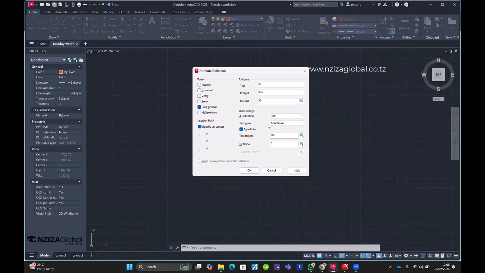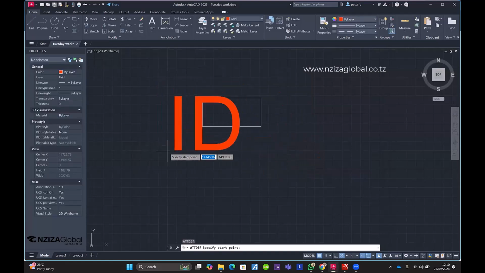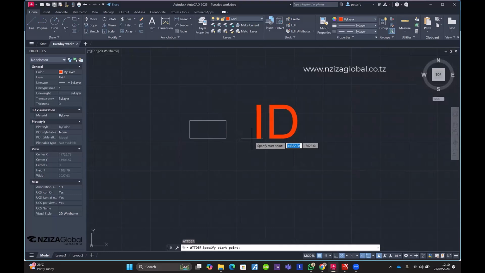Then for the one who didn't change in the annotation, just increase the text height. There I have 300. After this, let's click OK. We'll be having our attributes like this. Then we locate it like here. Yep. Then after having this ID,